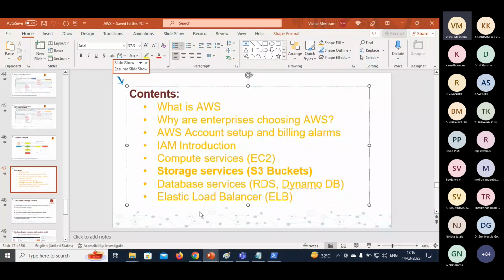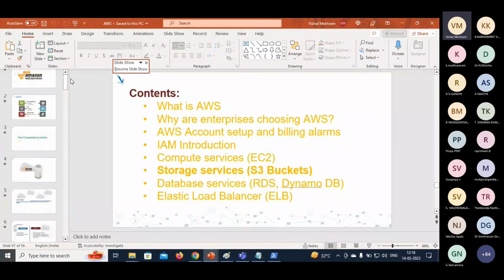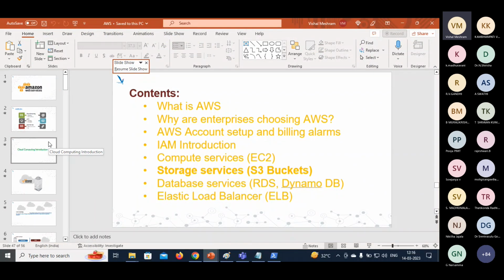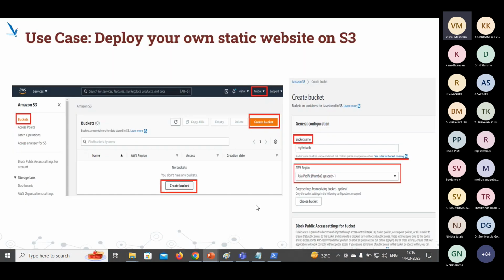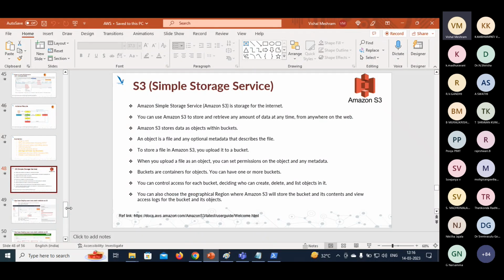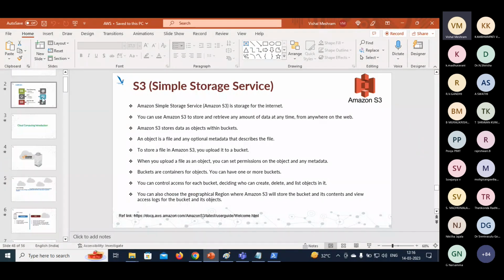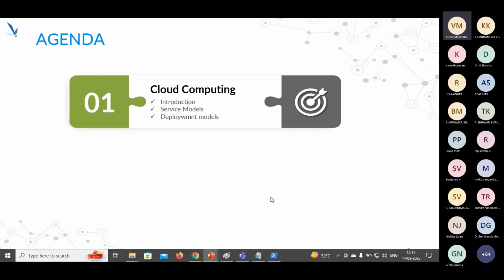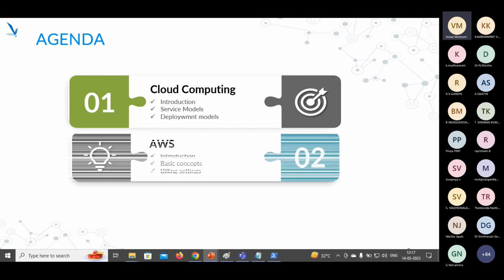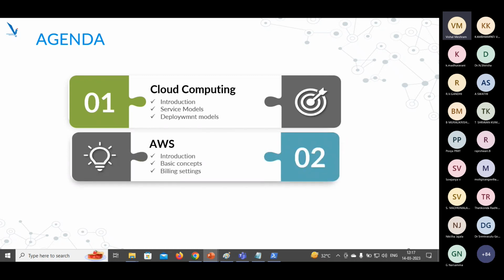Let me revise once what we discussed. As I mentioned, IaC, that is infrastructure as code, we are going to discuss tomorrow in detail. As per today's agenda, this is what we completed. We discussed the basic concepts, service models and deployment models. We discussed what AWS is, and a few basic concepts like what regions are, what availability zones are, what